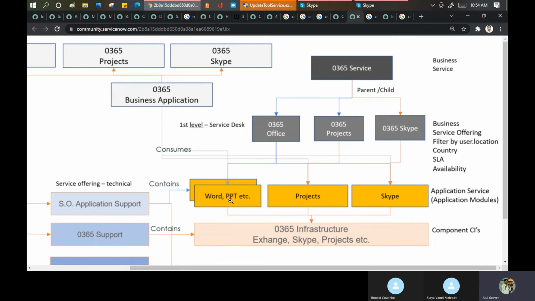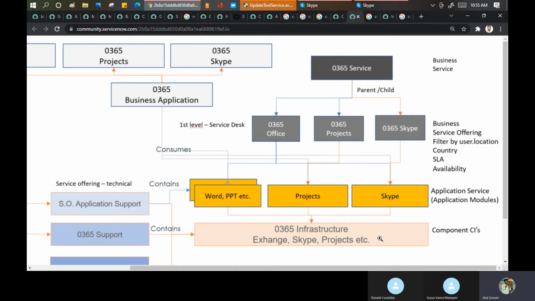Word, PPT, Excel are my application services. If your issue is raised, it should be raised on this part, that Word is not working. It is not raised on the business service. How will the business service offering be impacted unless your application service is impacted? So your issue will be raised here. Now to support this application, I have CIs in the background.